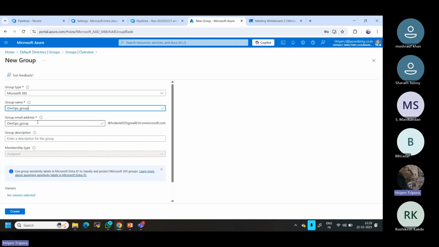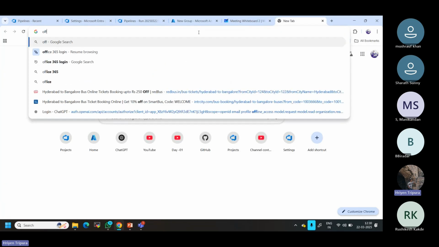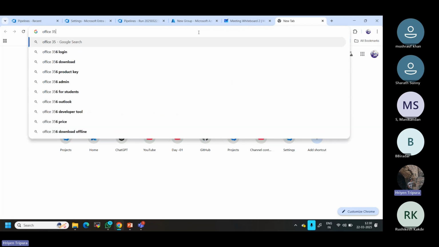If you see here, the email ID has changed now. Basically, you need to have the subscriptions for Office 365 also. You need to buy that one. For example, if you go here, the Office 365